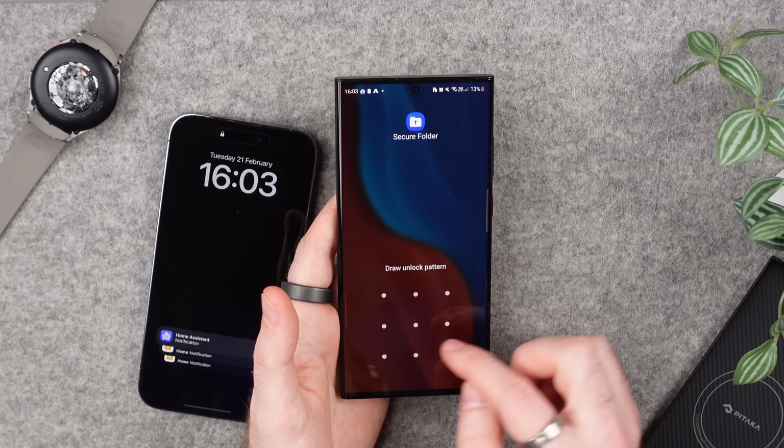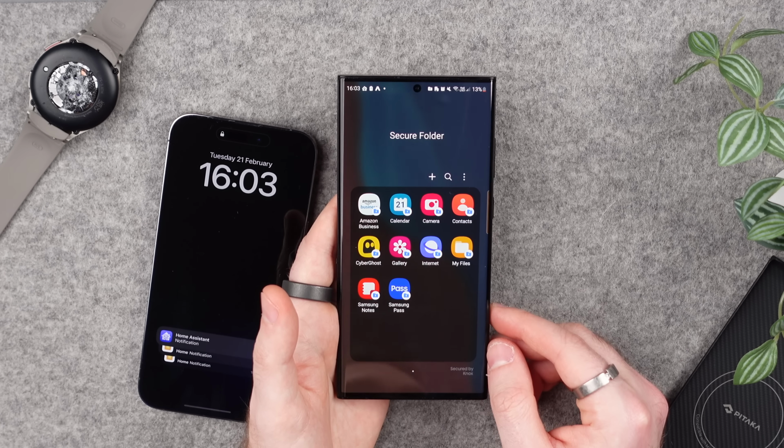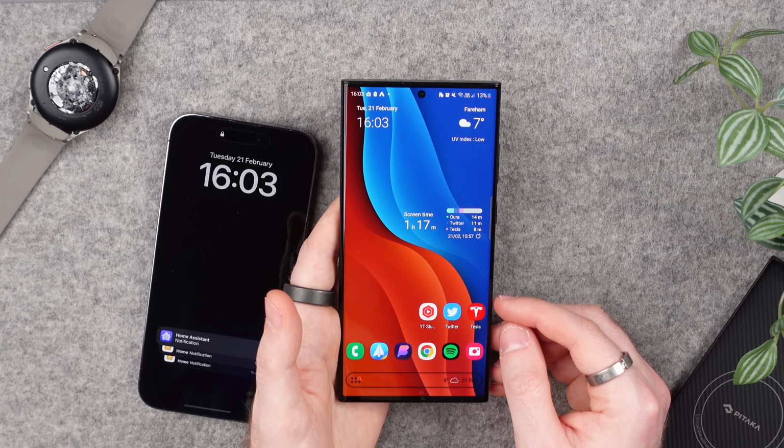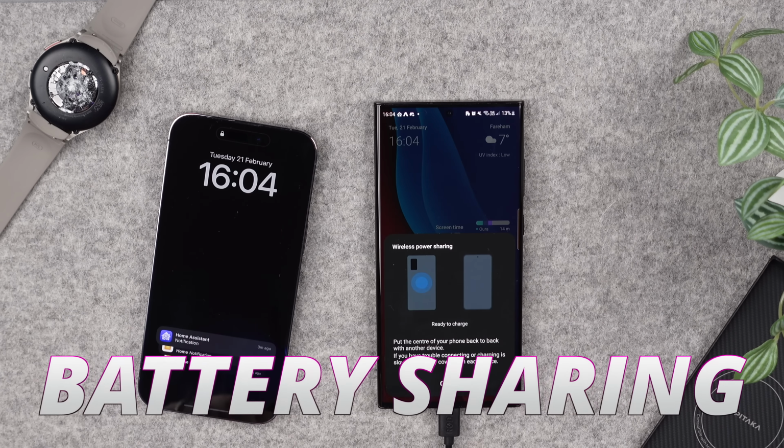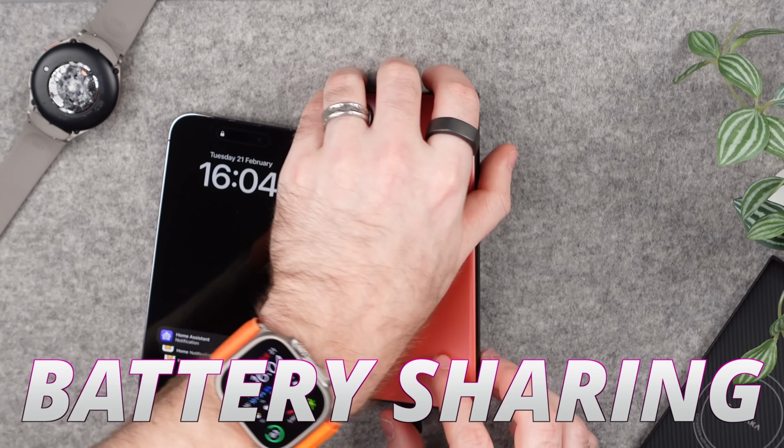So if you have apps on your phone that you don't want your kids to get access to, or maybe some Word documents that should be kept away from the rest of your data, this is a great place to store them. Now here is a way to really show off the power of the S23 Ultra with the